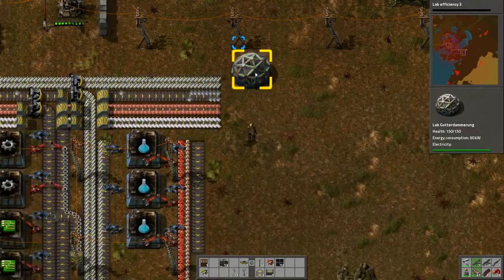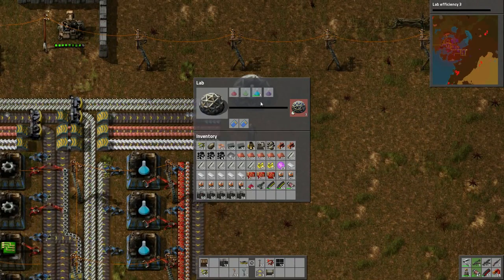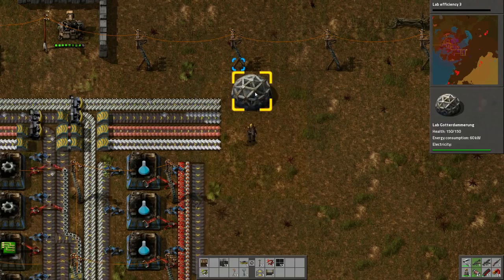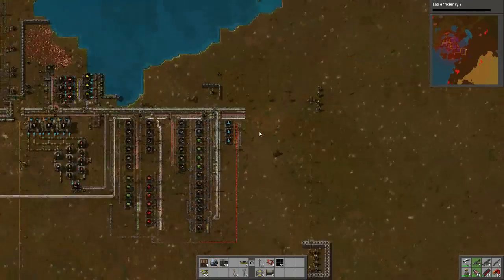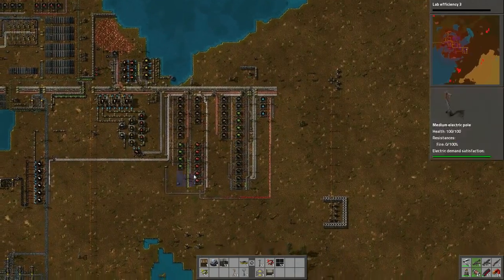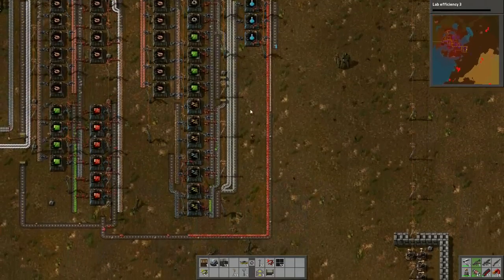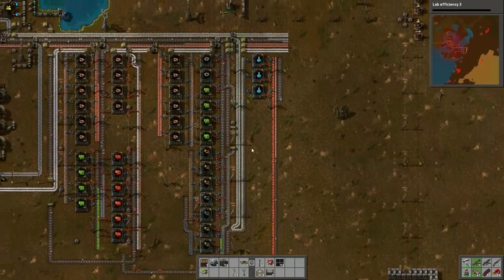Glorious! So let's just put down a lab, fill it full of blue, and no. I do need them all in a single one. That's not fun. So all I have to do now is pipe the blue science all the way back. But before we even start figuring that out, and yes, I have way too much space here doing absolutely nothing,